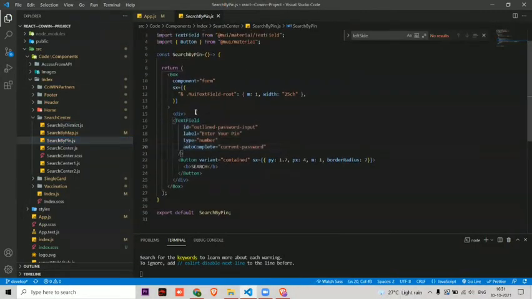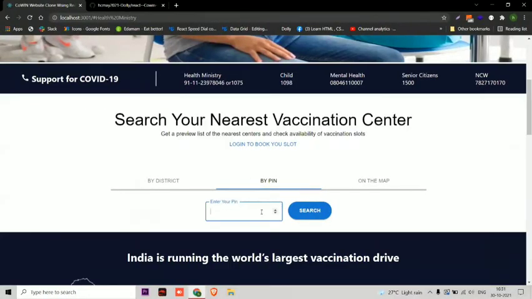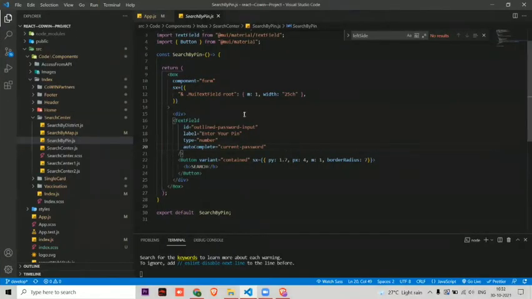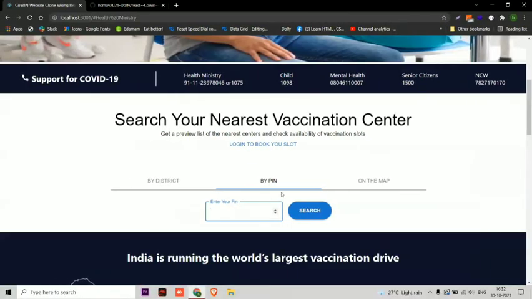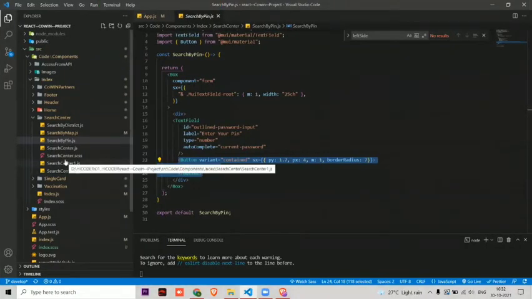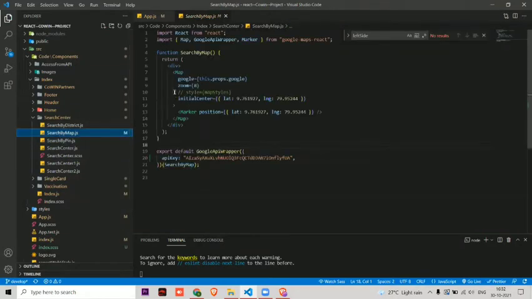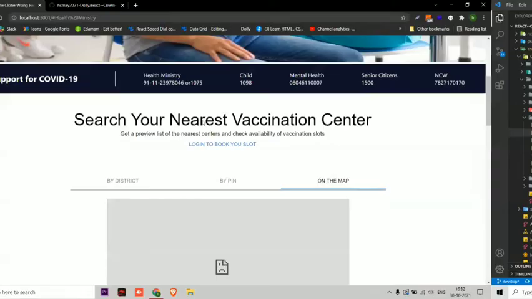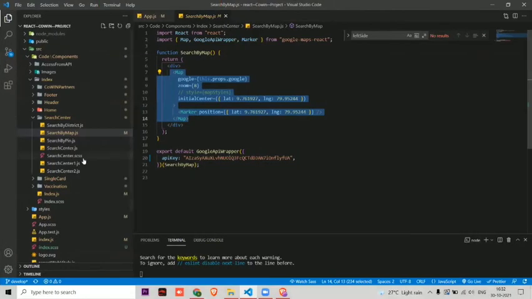For pin I haven't given any suggestion, you have to simply type. So for pin I have removed everything, and I have just given one text field and one button here. And for map, actually map is also a third party, but I tried making it and I was unable to make that. But anyhow, if you know, then let me know in the comments, and I will simply show you the code. So for map I have used this. And the second thing is I have divided this also in two parts.